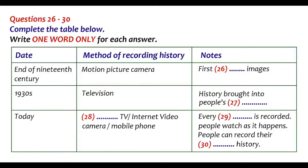It doesn't matter if the TV cameras are not there. People carry around mobile phones and can record any incident and then share it online. Families have their own video cameras and record their own history. Children now grow up watching their parents and grandparents on film. I'm sure you'll agree that the transition from storytelling to what we have today has been dramatic, and I hope that...